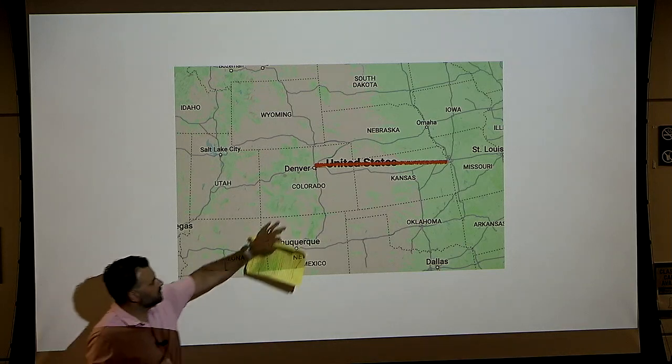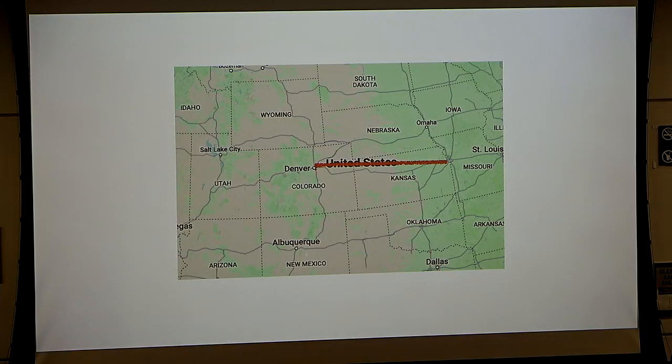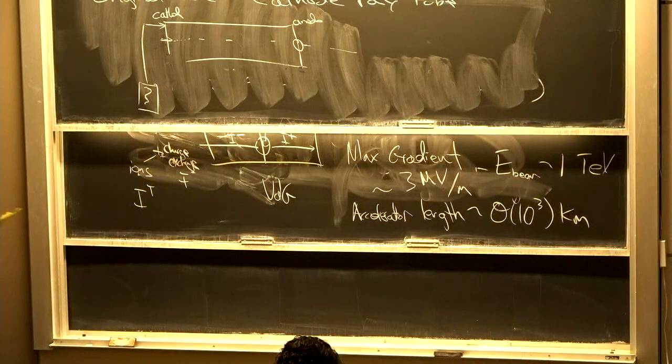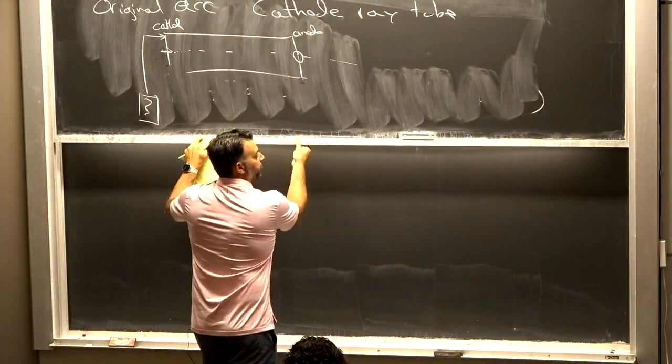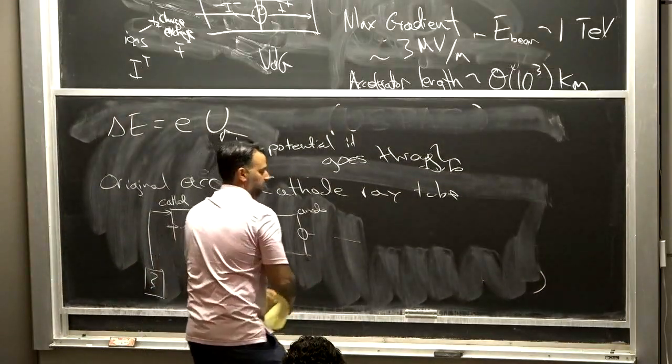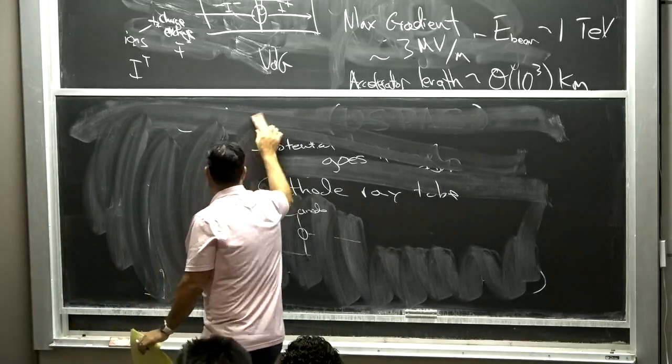So even if I could build this thing, I'm not actually going to build just one thing that has this TeV potential. As I said, this gradient tells me I would have to build an electrostatic accelerator over and over and over again to get to these energies. So I would like to somehow repeat my acceleration mechanism or have some super large gradient. So we'll go the two different directions for that. And what that is going to lead us to is what turns out to be the backbone of all modern high energy accelerators. And that's the concept of RF acceleration.